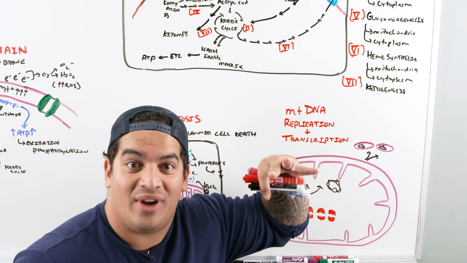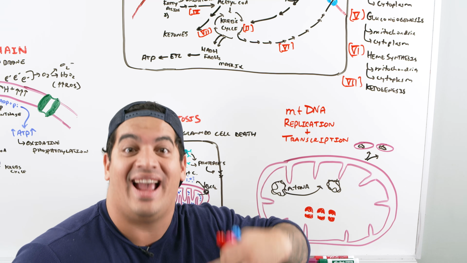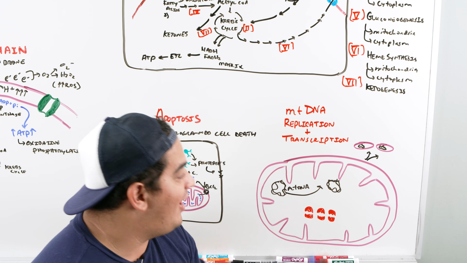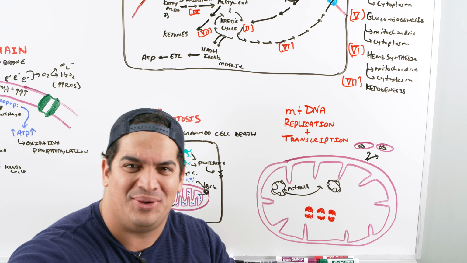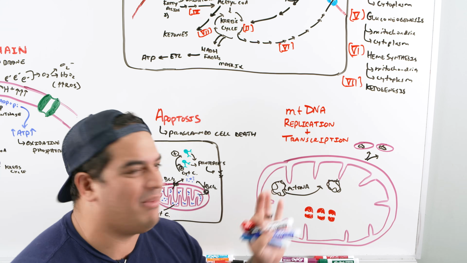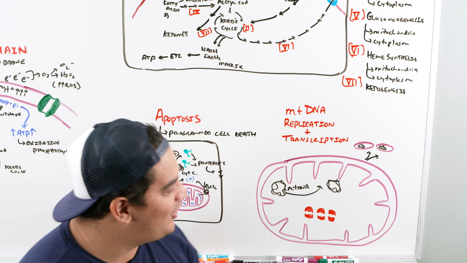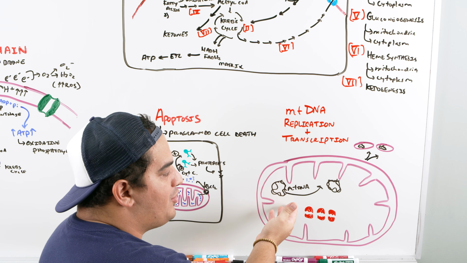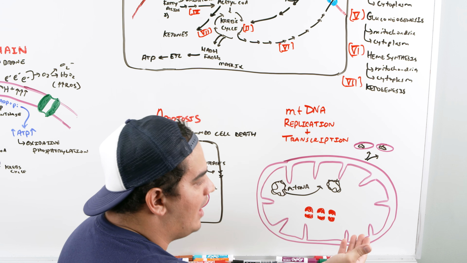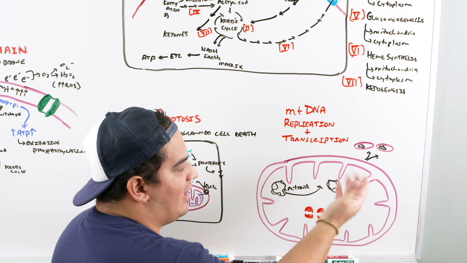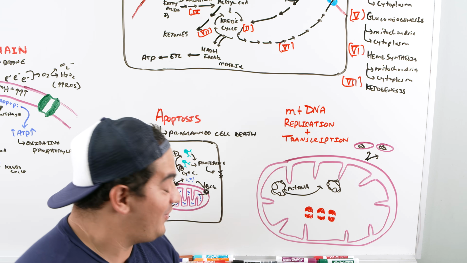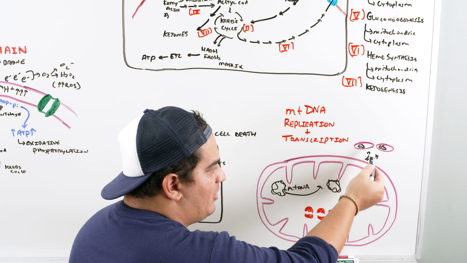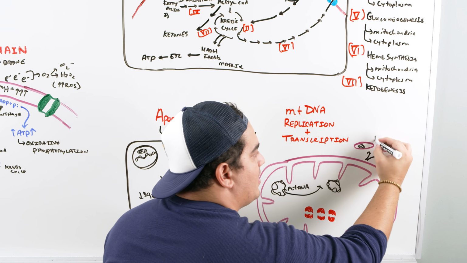The nucleus of the eukaryotic cell became the new factory of DNA, and it has its cytoplasm to make many of the proteins that are needed. The mitochondria just primarily got downgraded to producing ATP and having some metabolic reactions occur in it. So that's the endosymbiotic theory, a really cool concept that basically mitochondria used to be prokaryotic cells, and they just got engulfed by eukaryotic cells and got downgraded to becoming a mitochondria, which is kind of interesting. But that's one thing, we can replicate them to make more of these mitochondria via